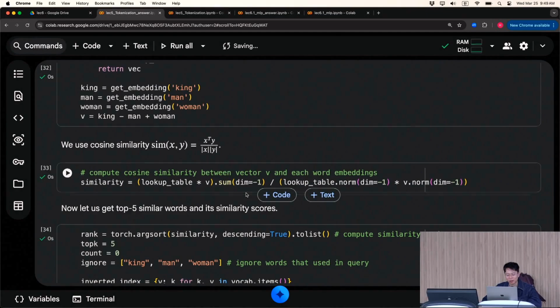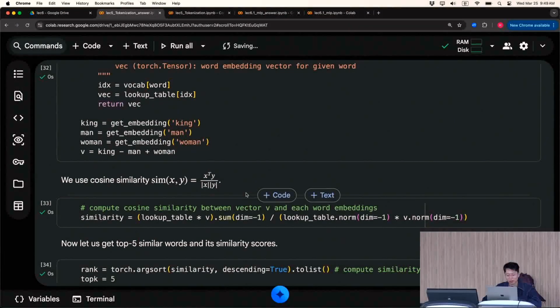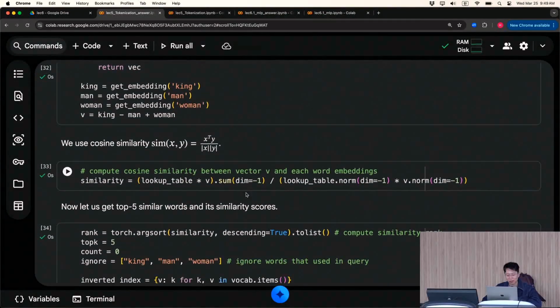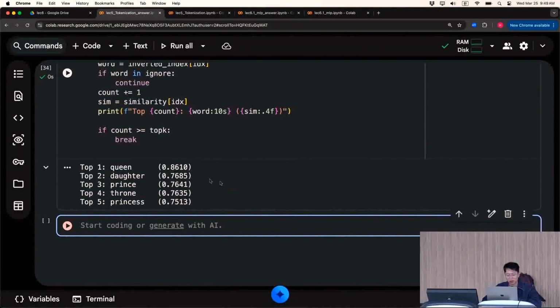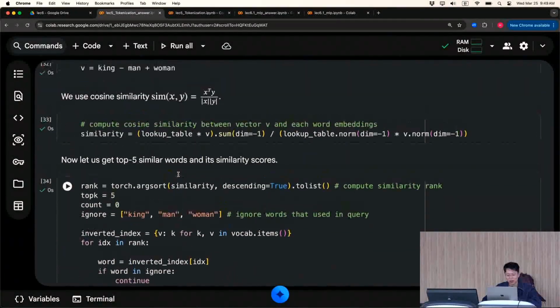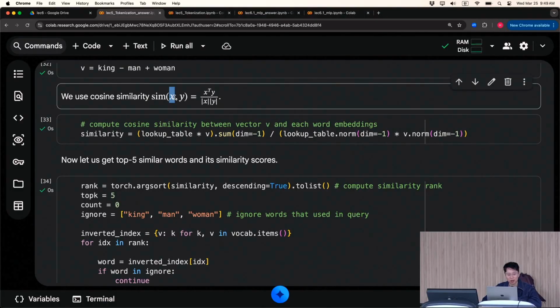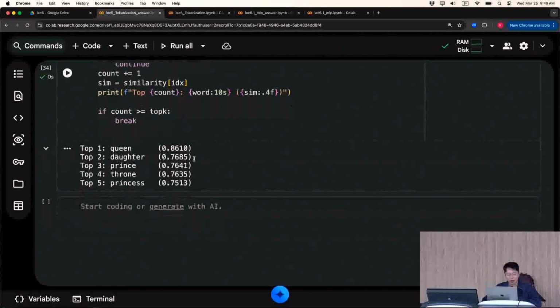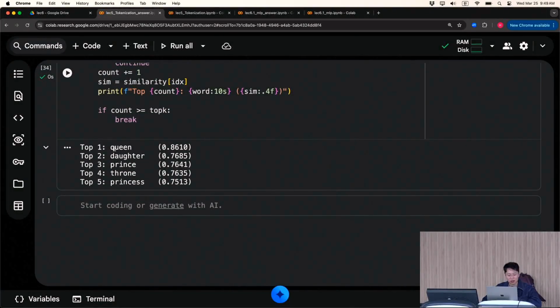And we're going to be looking at cosine similarity of 2 vectors: one after arithmetic, and y is other candidates. So it seems like among the candidates, queen has the highest similarity, daughter is second most similar, then prince, throne, princess,